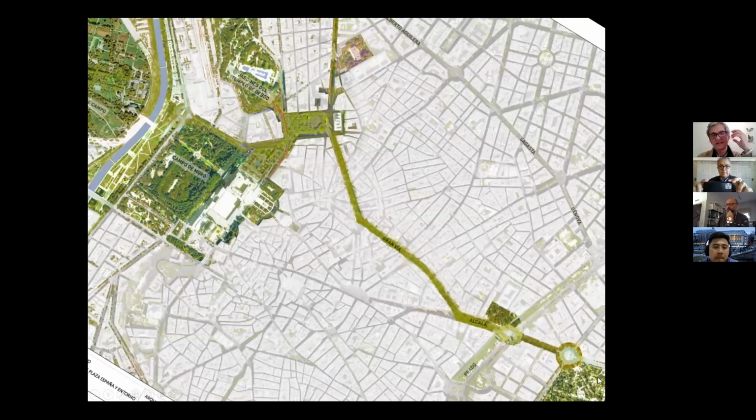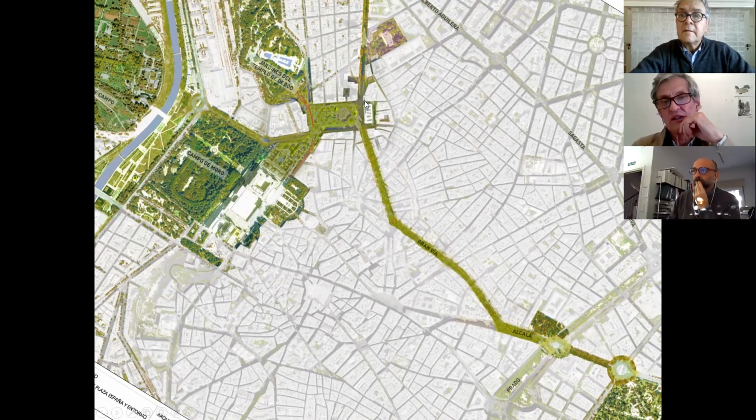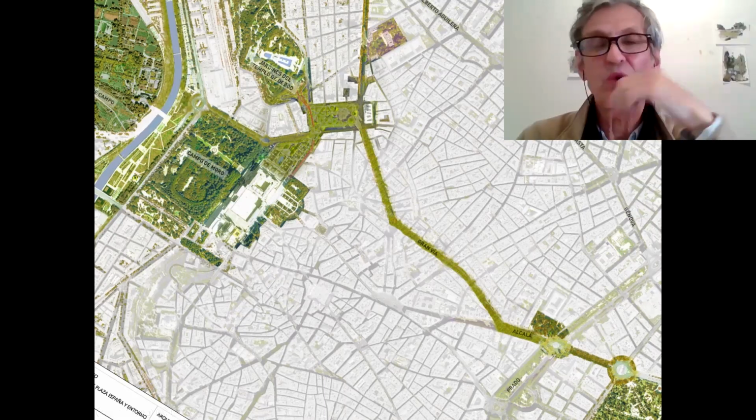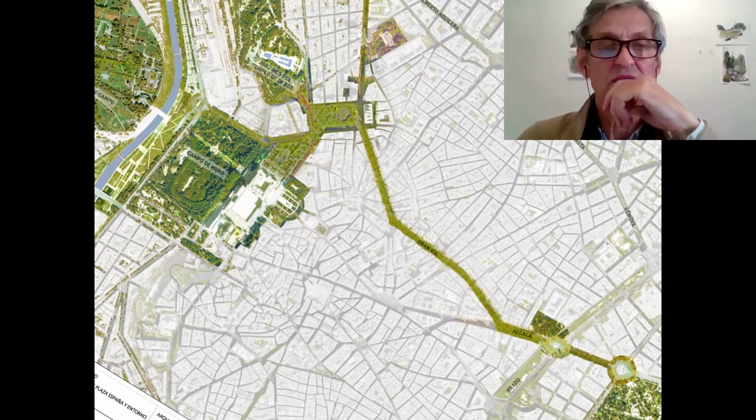It's like the head of an octopus with green arms. And afterwards, in the future, from this spot, again, go to the center, making the main avenues more pedestrian and more green, just to the real center, to the very center of the city.